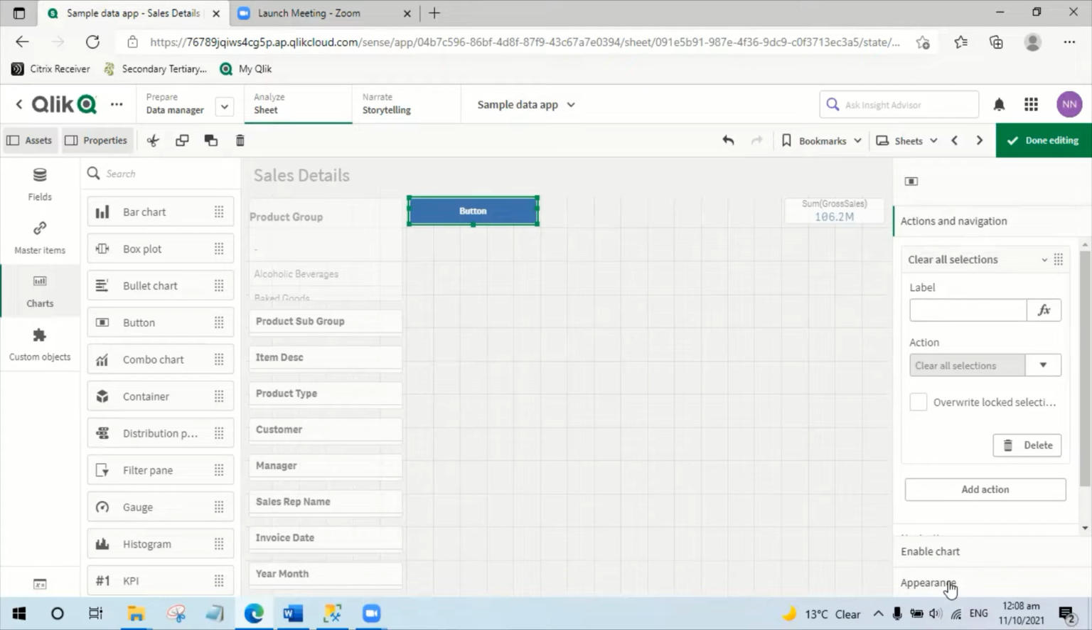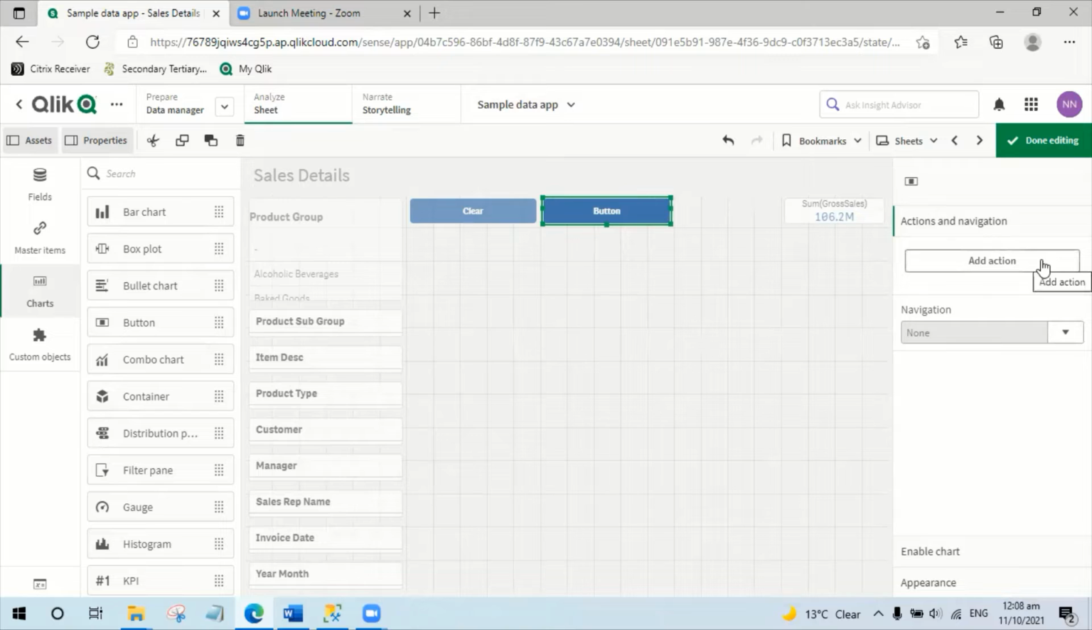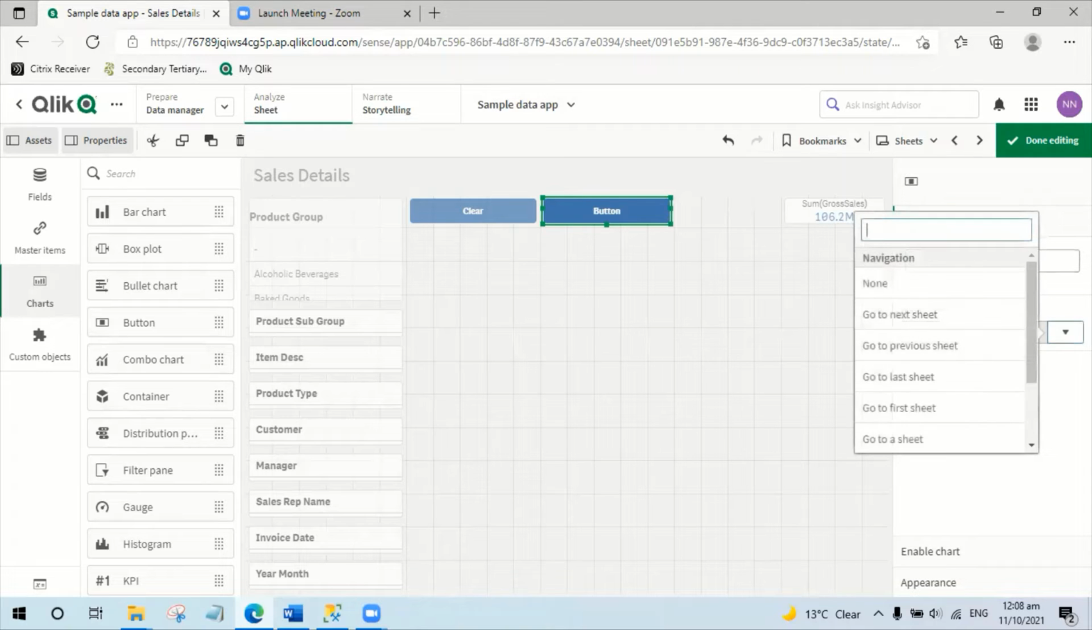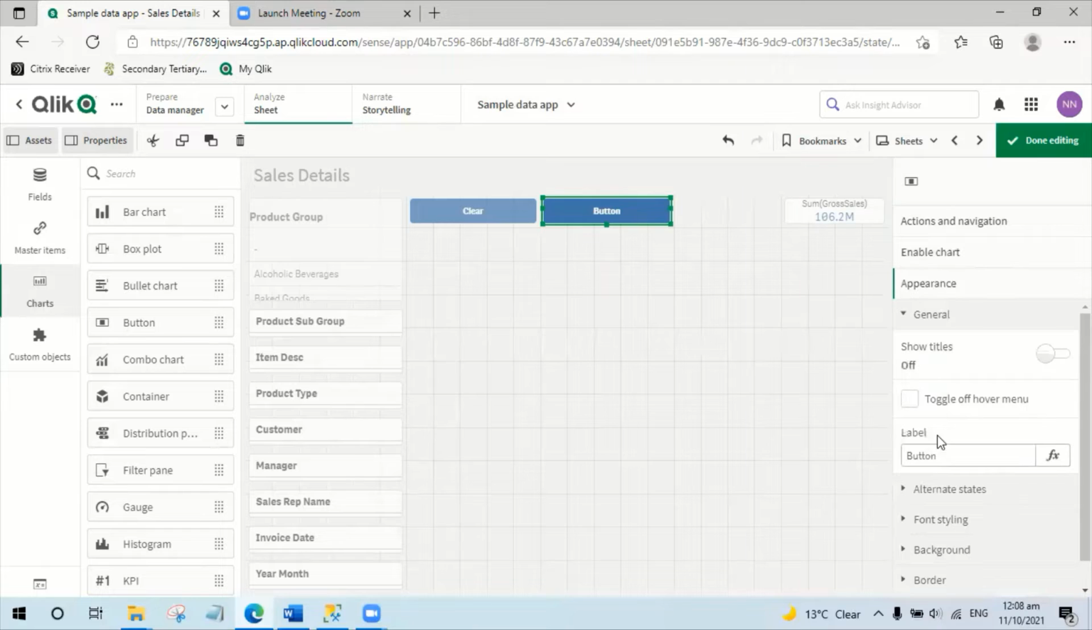Create a selection. Label it as clear. Add another button. Set navigation to a sheet, which is the sales summary. Change the appearance as